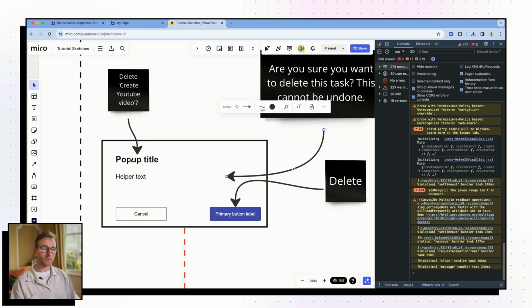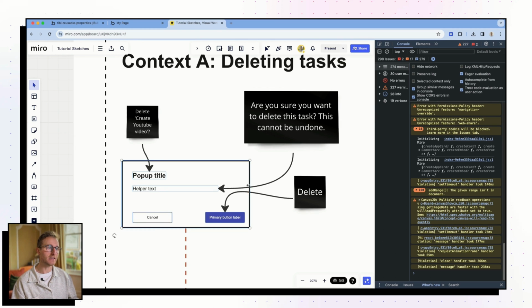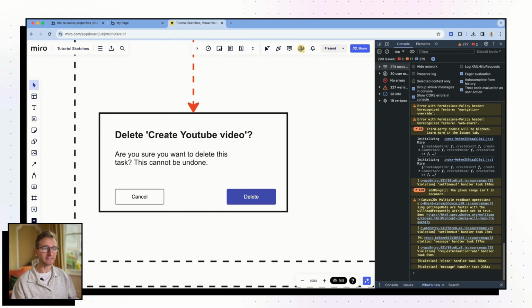If you imagine that all of these properties, all of these placeholder values, are essentially just windows through which we push our new values, right? They themselves don't hold any value. They're just a container that we push stuff through. In the same way that you place a text element on the page and you feed a dynamic data source from the current user's full name or whatever have you, this works in exactly the same way. So in this context here, we would see something like this. We're going to delete the create YouTube video and we'll see these new labels.